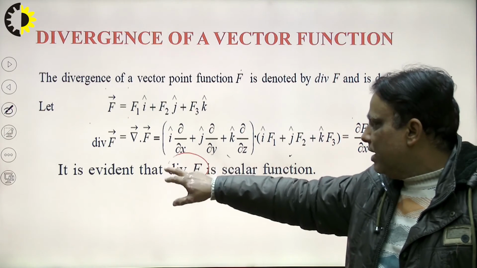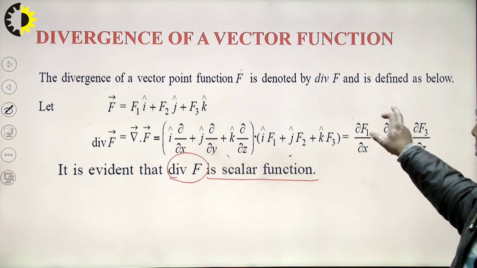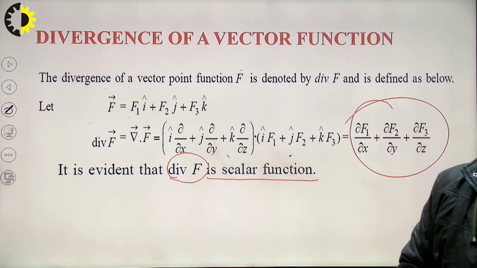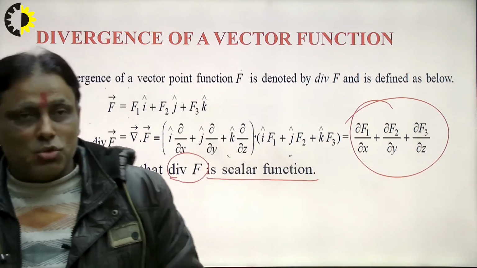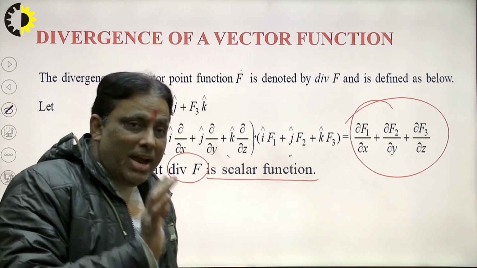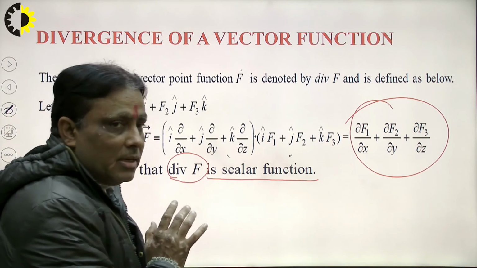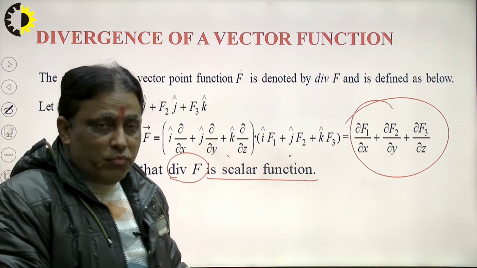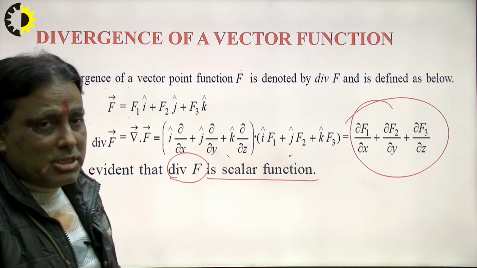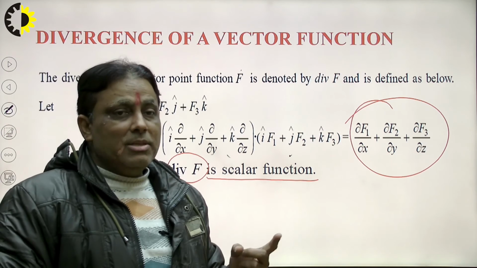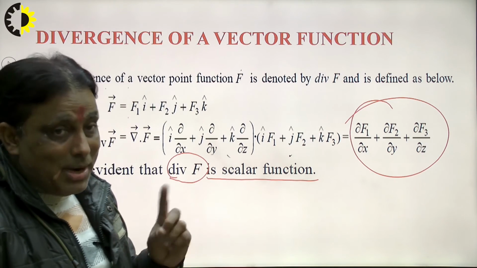Divergence of f is a scalar quantity, because the result is this, right? And the dot product of two vectors is always a scalar quantity. So students, keep in mind when we solve the problem, there are two things: first is the scalar point function, second is the vector point function. Suppose I want to calculate divergence, that means we use the vector point function, but the result